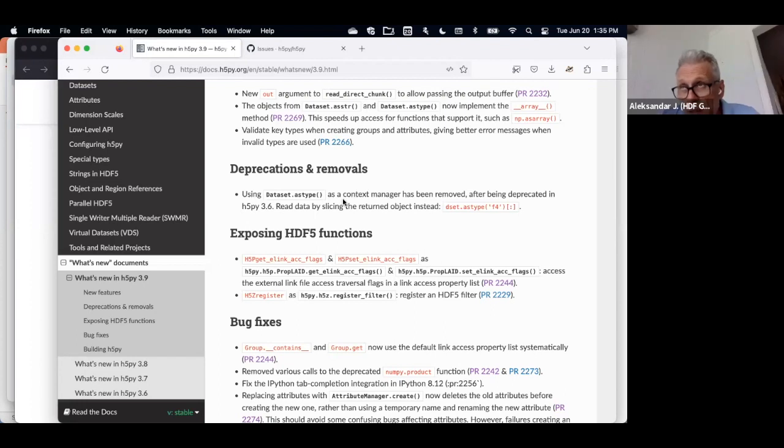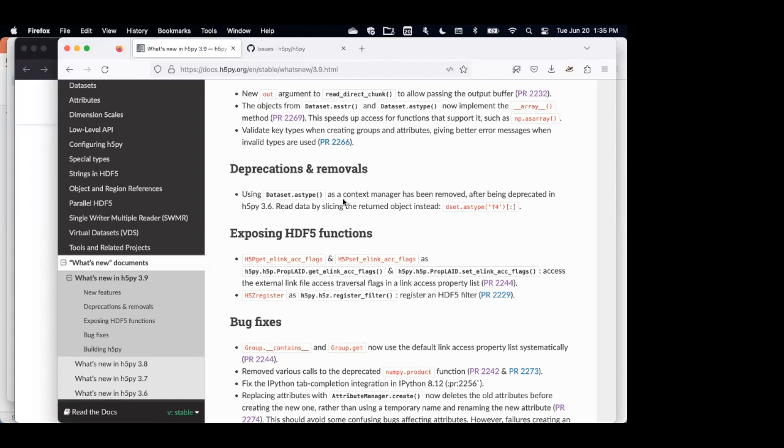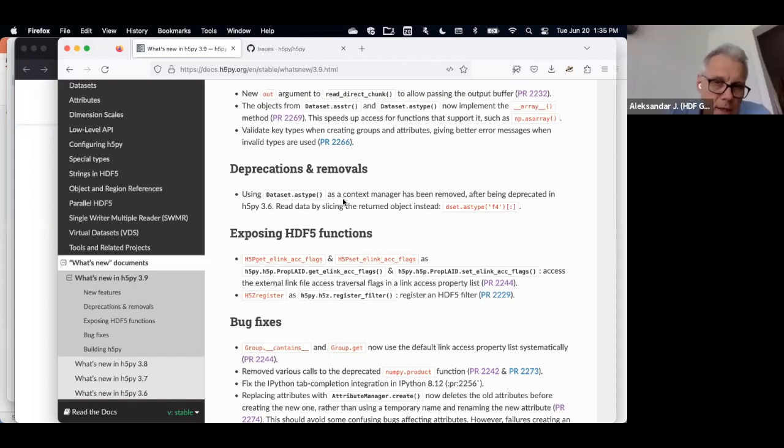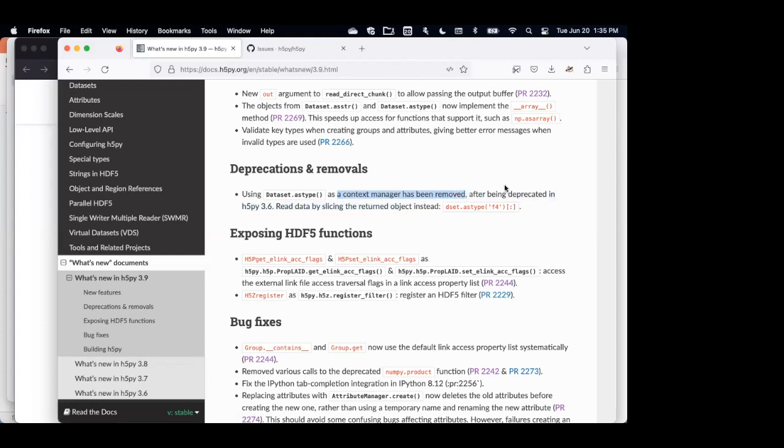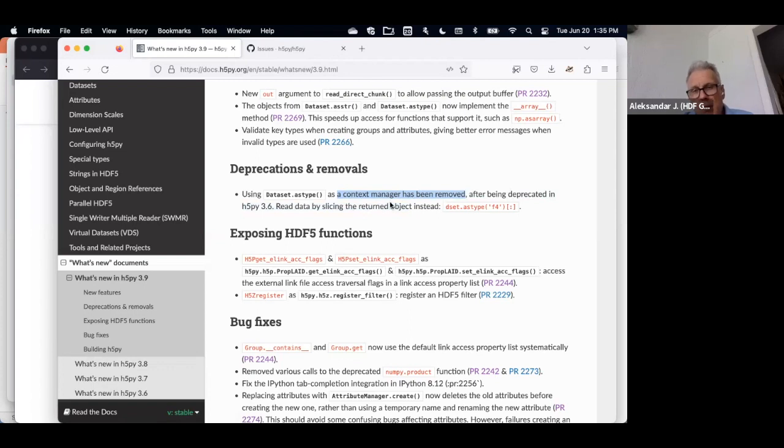For NumPy itself, probably yes. I'd be surprised if it doesn't. I mean, slicing doesn't seem to address the issue, right? Yeah, I don't know exactly. Actually, I think that using Astype as a context manager has been removed. Okay. Oh, there's still a way to do Astype. Yes, but I think as a context manager has been removed, so you cannot do a with Astype something like that.